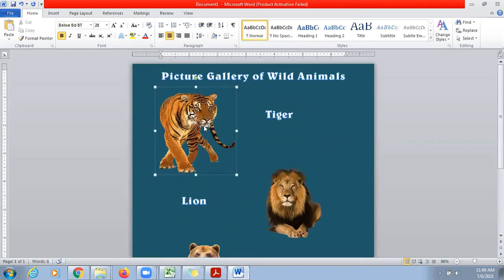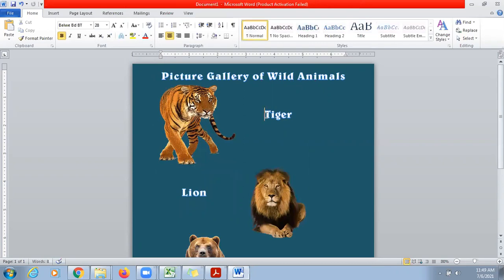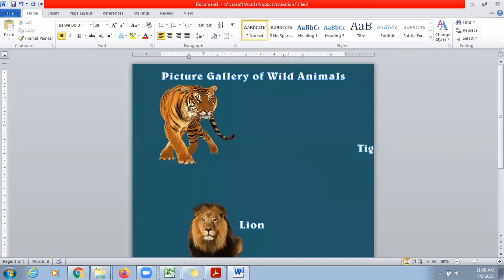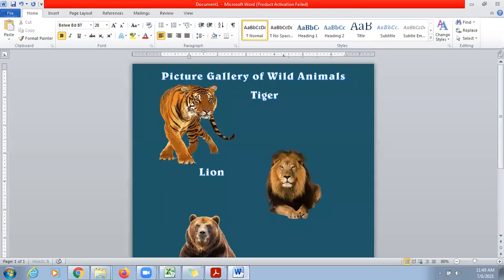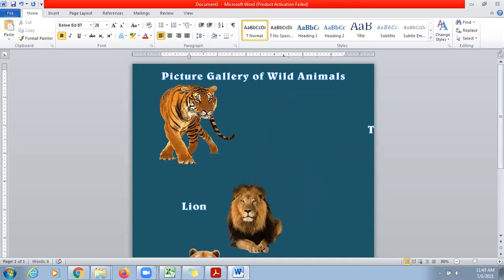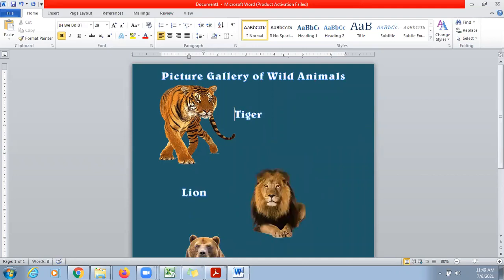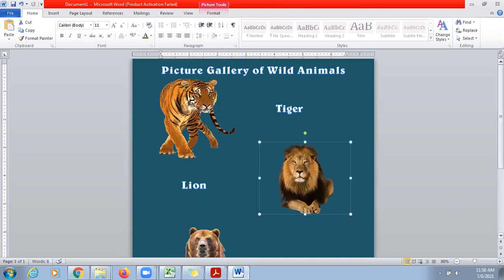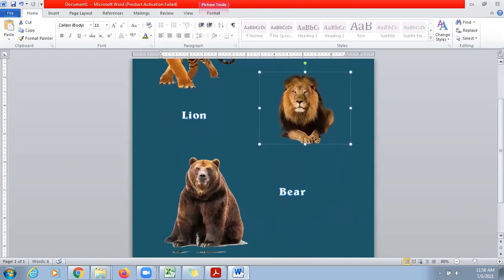Now I will shift my text. Shift lion also. Now let's move beer.